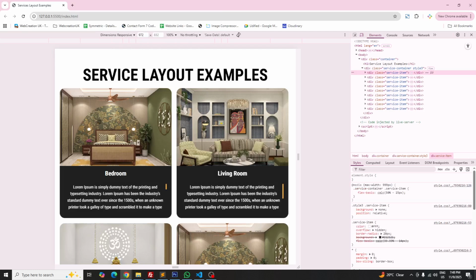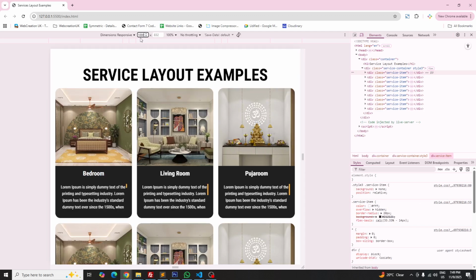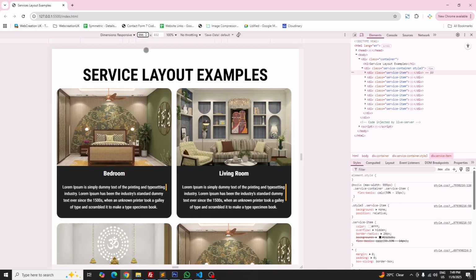Okay, now you can see at this screen size, below 999 pixels. As we increase, as we go beyond 999 pixels, it again changes to 3 cards in a row. But as we go down to 999 or below 999, it changes to 2. So what is happening in the console dev tools, you can see it